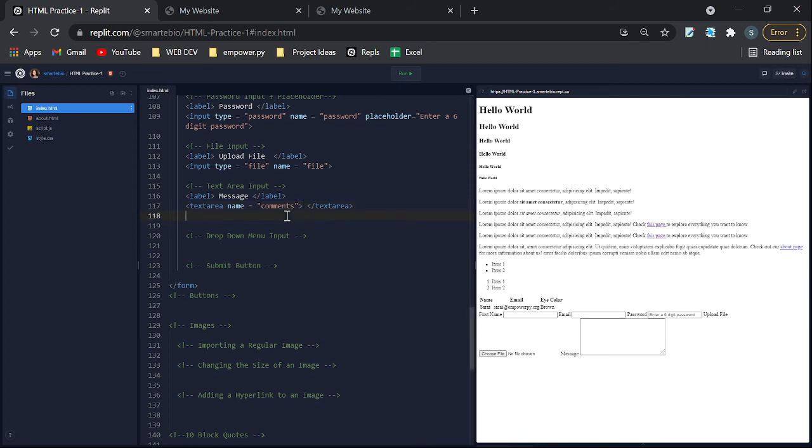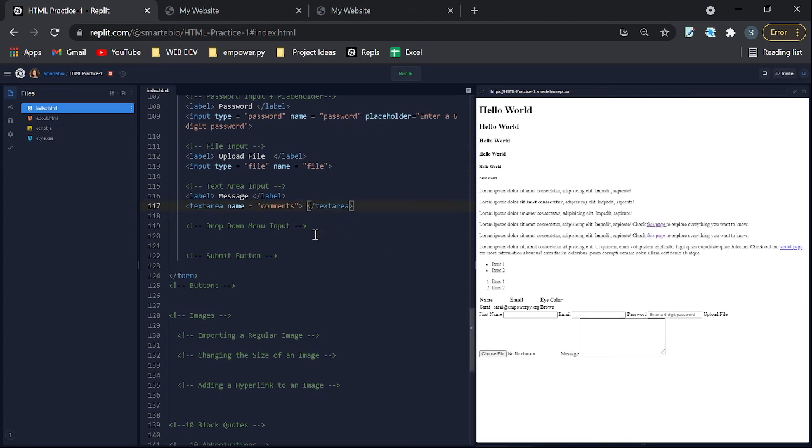Super cool. Now the last input is the drop down menu. So now the drop down menu, it's the same thing. You have a label, and then